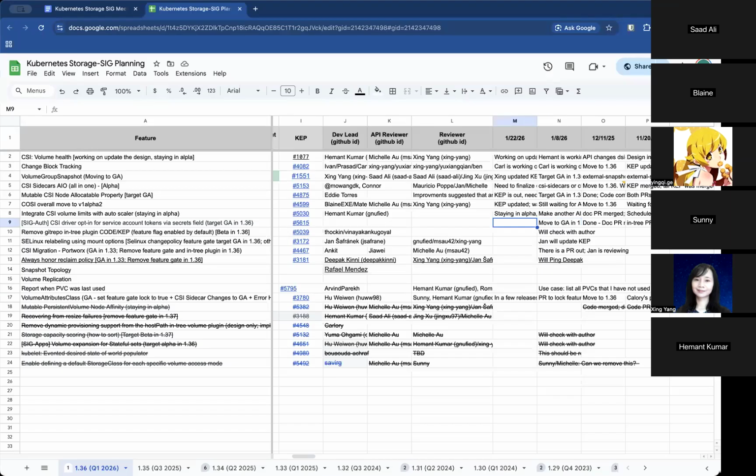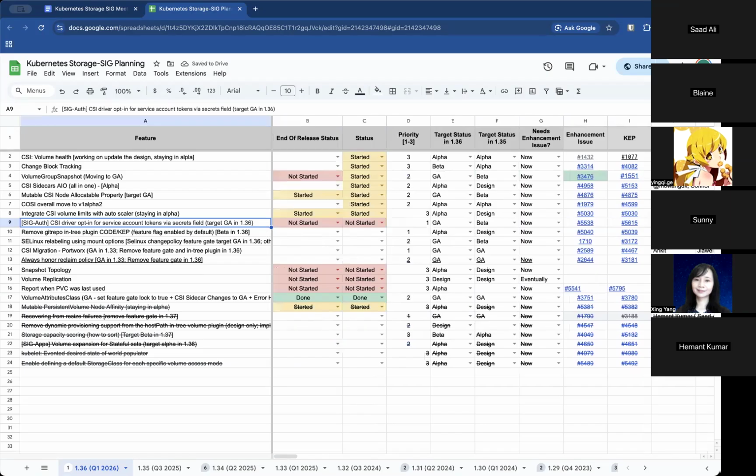It is, I checked, it is targeting GA. The KEP is already out. I already approved it from the storage side, so basically waiting for PRR approval. Awesome. Thank you, Shing. I'm going to go ahead and mark this one as started.